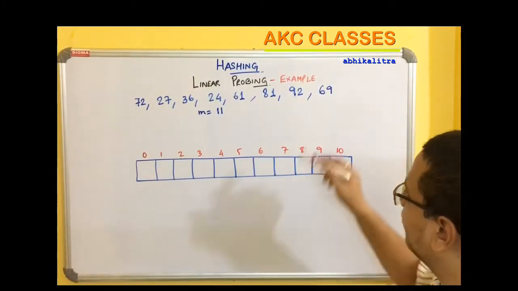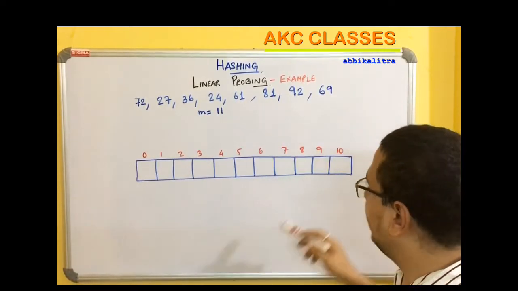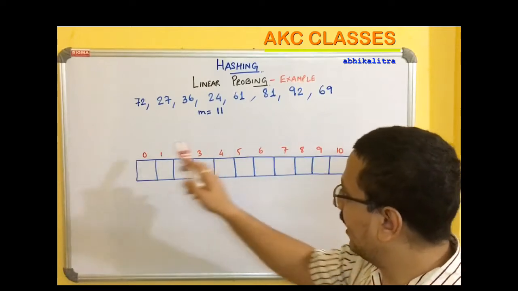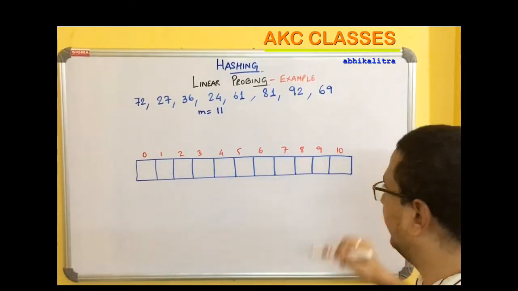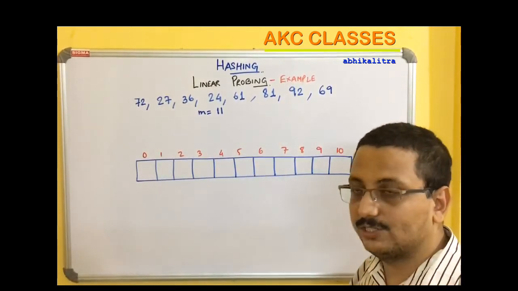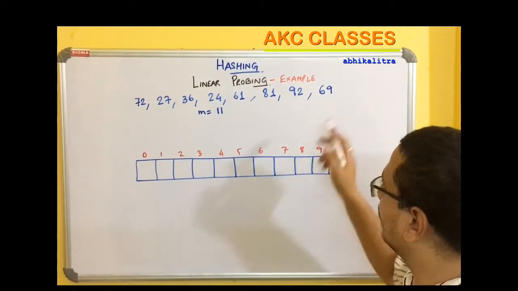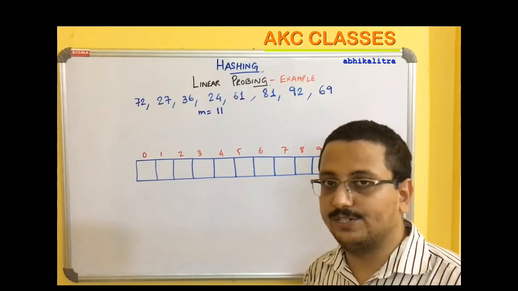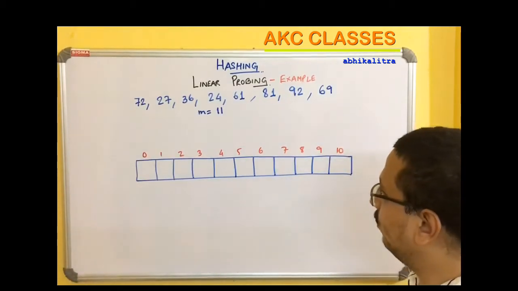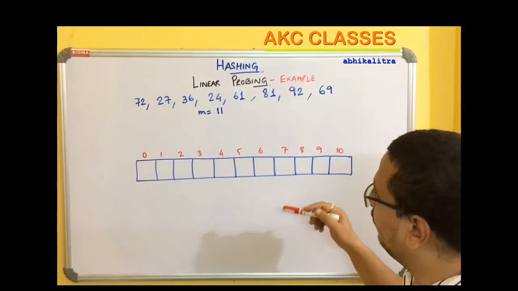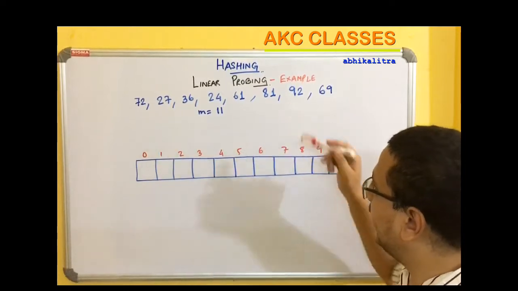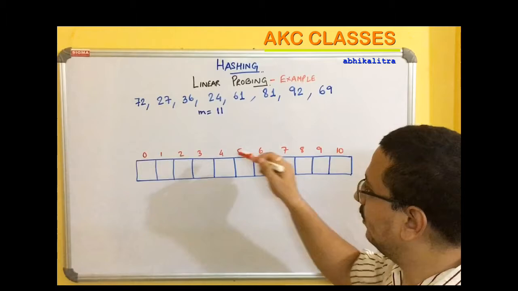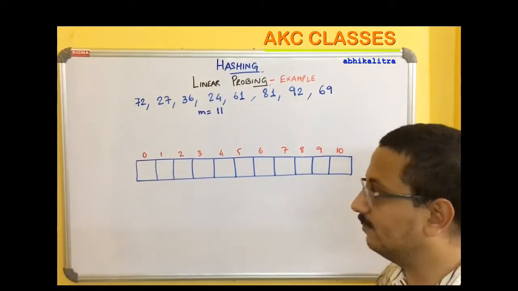So we have considered some key values, and the hash table size is 11, so m equals 11. We have considered a hash table ranging from 0 to 10, which means there are a total of 11 different hash locations. The question is, we have to insert the keys into the hash table using a division hash function. So we will take each individual key and try to map the keys into the index of the hash table, right?